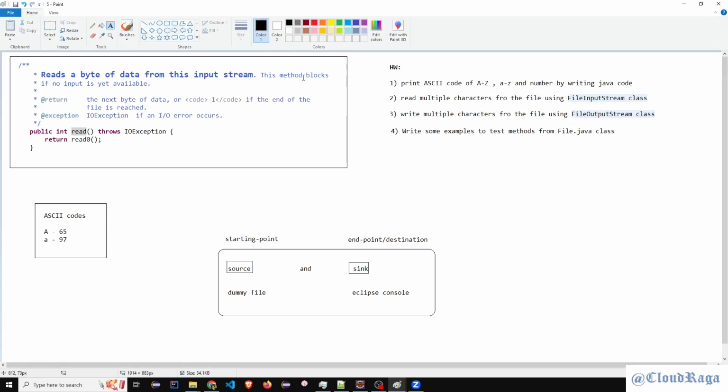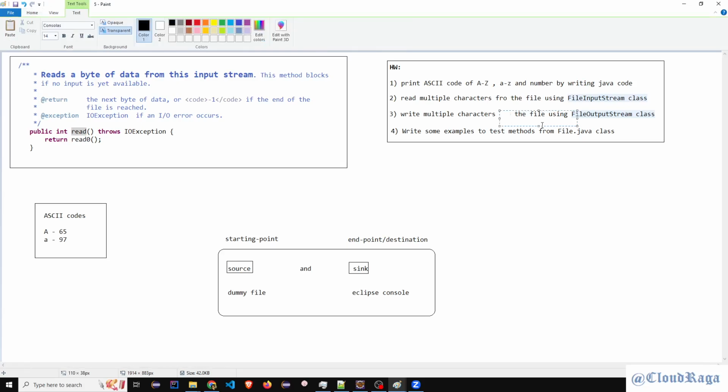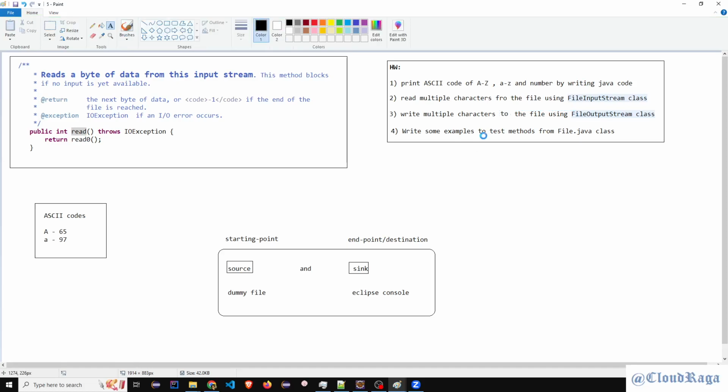That's your fourth homework. Do this positively. The first three are important; the fourth maybe later, because tomorrow we will do this operation, reading multiple characters from a file and writing multiple characters into a file. When we are done with this example, we will start the character classes Reader and Writer.